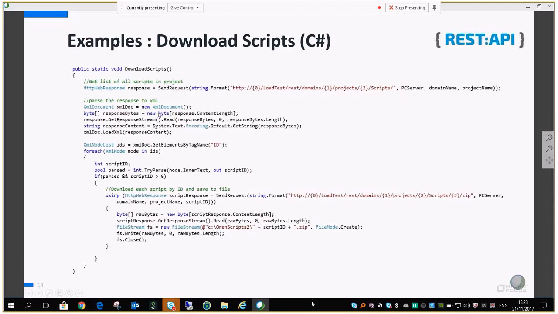Here we take the response, which is, as I showed you, composed of a list of script metadata. And we take all the tags that contain an ID. Actually, we're iterating through all IDs in the response. Each ID is parsed into an integer, and then for each script ID, we're assembling requests that will download the